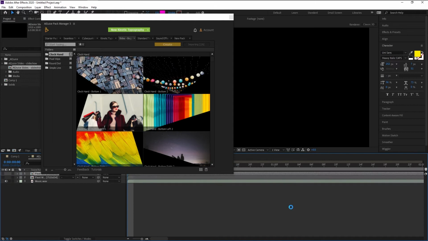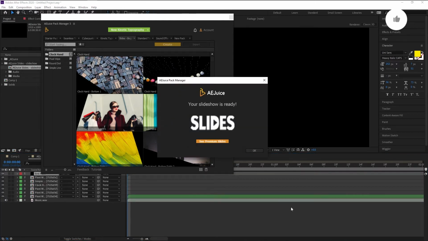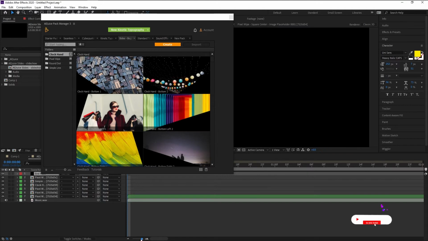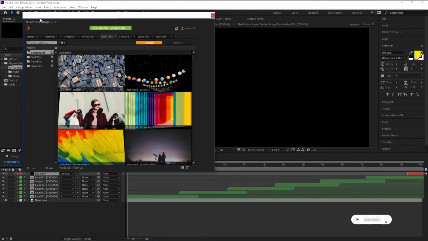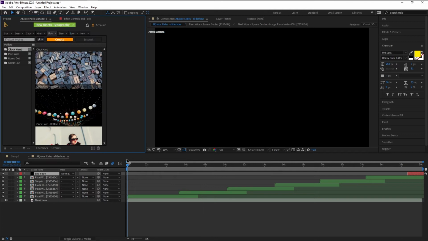As you can see, it started processing on its own. There, it's done. Now click OK. Zoom out a little. We can put this AE Juice Pack Manager over here. Now let's play it and see how it looks.